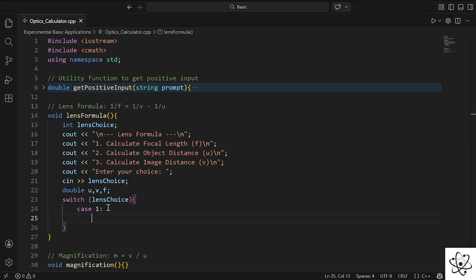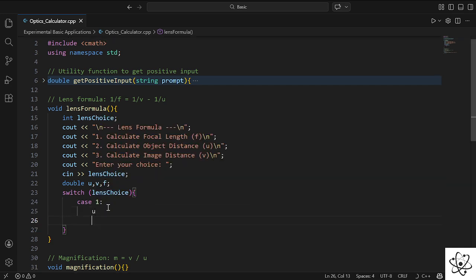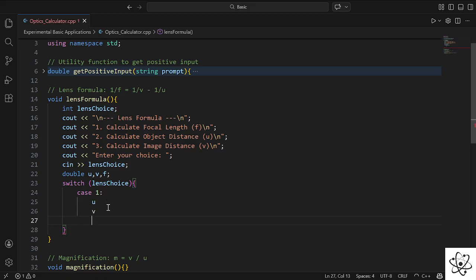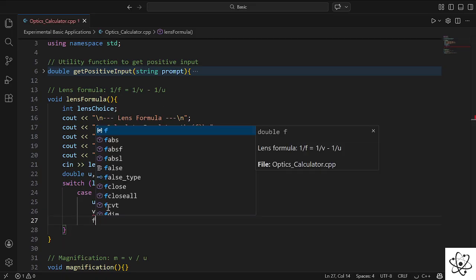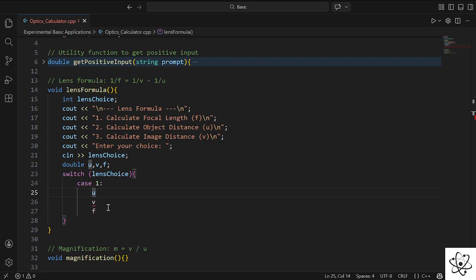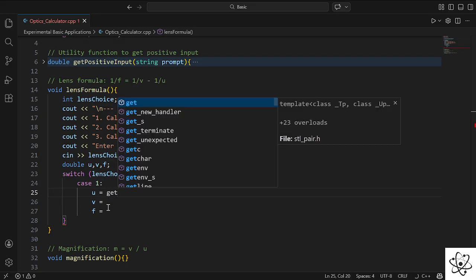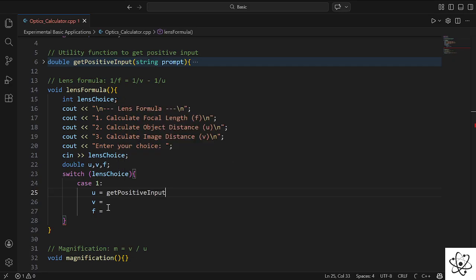first, the user must know u, v, f. Now, why have I said that the user must know? Basically, we are going to take the input from the user, and based on that, we are going to write our prompt here, and the prompt is going to be really lengthy. So to make that really fast,